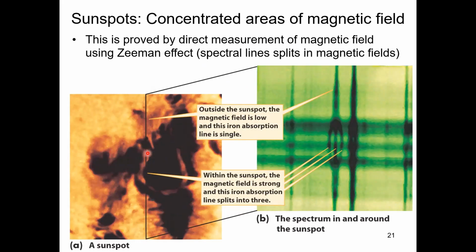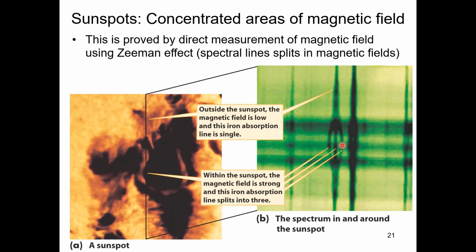This is a sunspot, and you see the Zeeman effect there. This is a line above the sunspot. This is below the sunspot, and right at the sunspot, the line is split into three. So this is a clear evidence